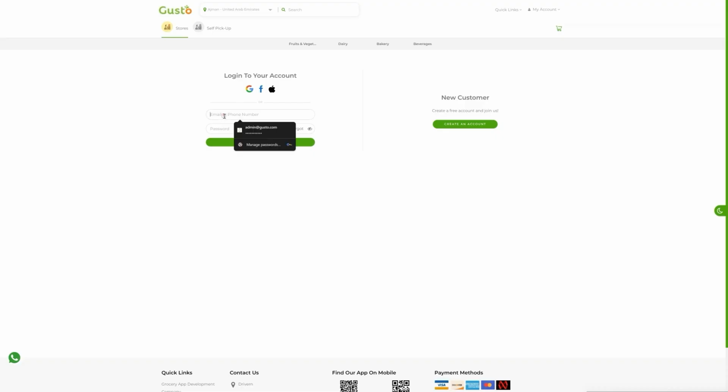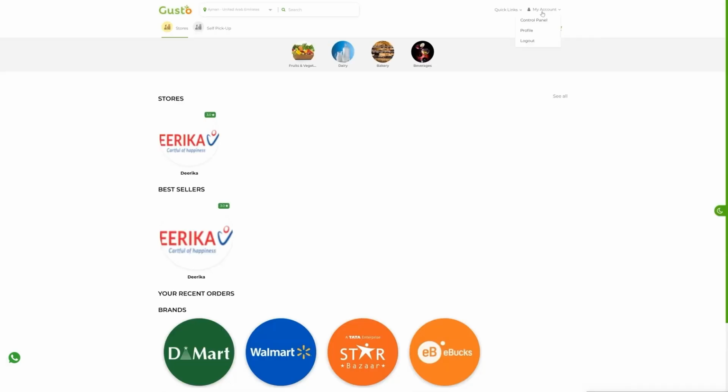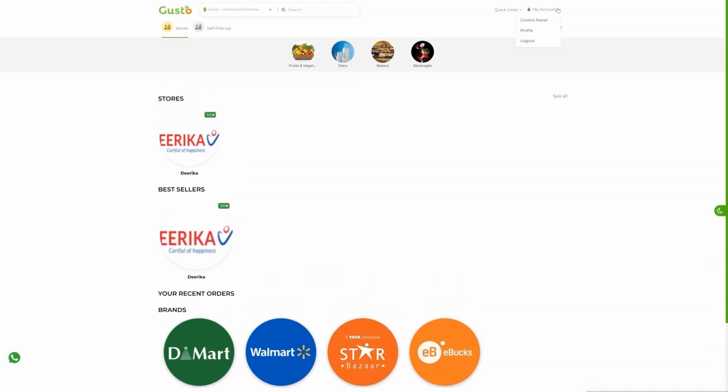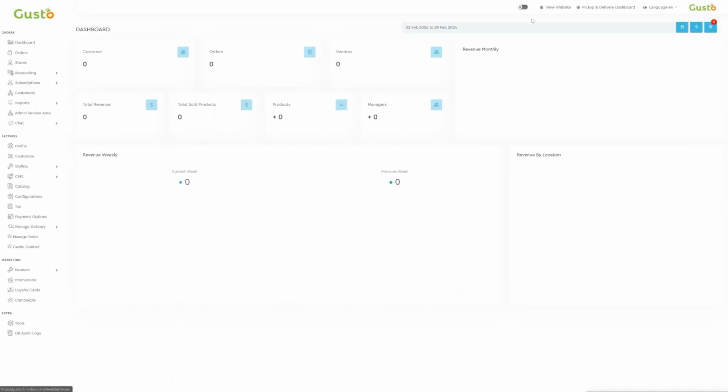First, we log into the admin panel using our username and password. In the admin panel, you will find different sections, each of these sections designed to facilitate the smooth operation of our grocery app. We start this overview of our admin panel with its first section, orders, which is further divided